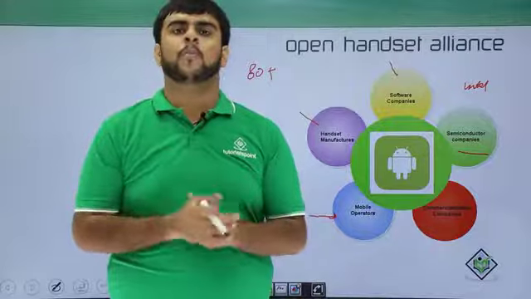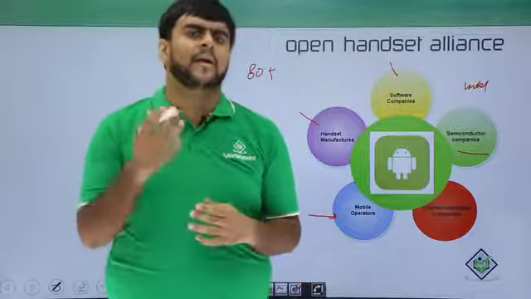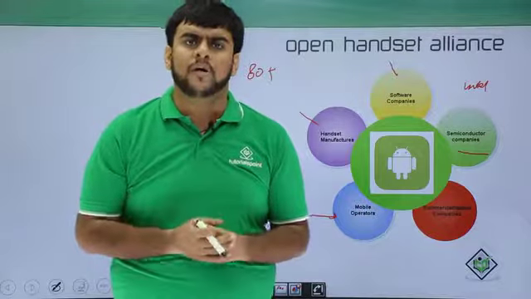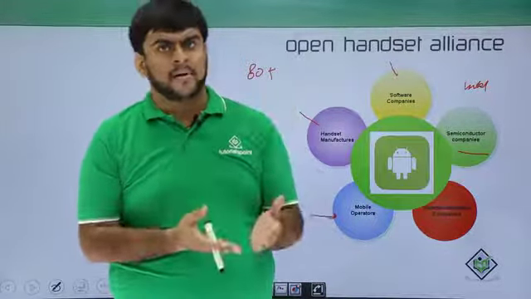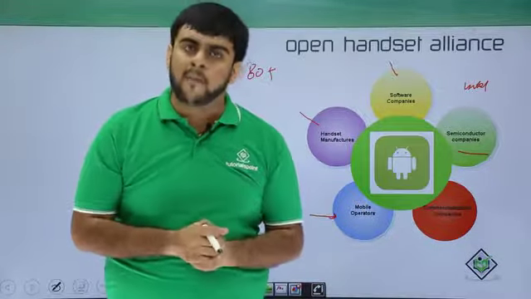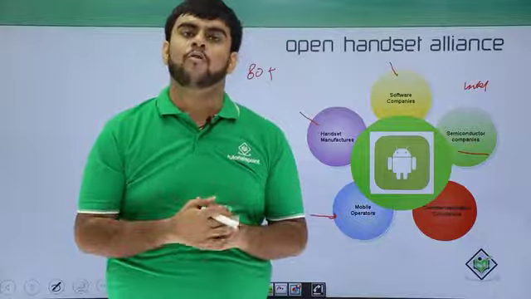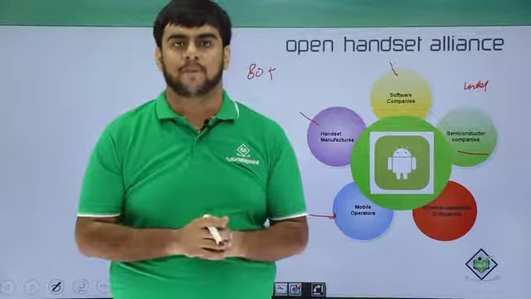So I think with this, you are very well clear on what Android is, how it came up, and what open source is. This is the reason why we are using Android day in and day out. To conclude, it is very clear what an operating system is and what Android is. Android is based on the Linux kernel and so on. In the upcoming videos, we will be seeing how we work on Android, how Android came out, what the history of Android is and so on. Thank you all.